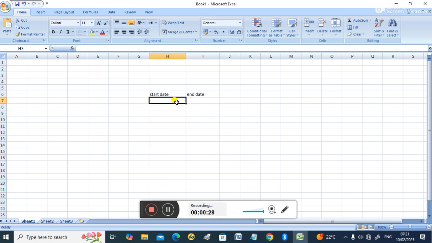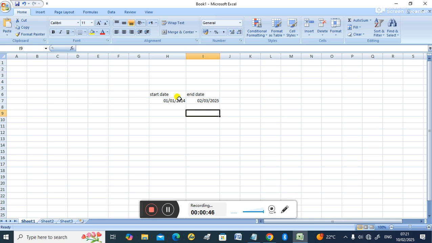The first one is 1/1/2014. The second one is 02/3/2025. So if we want to find the number of days between these two dates, first of all, we need